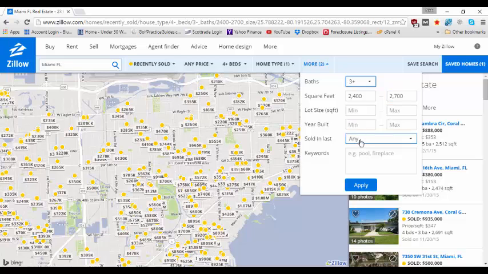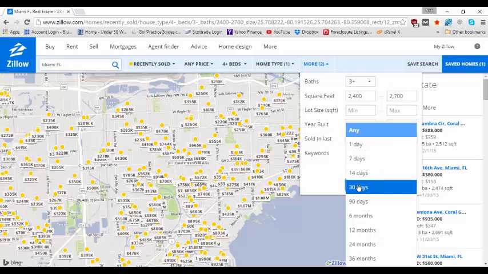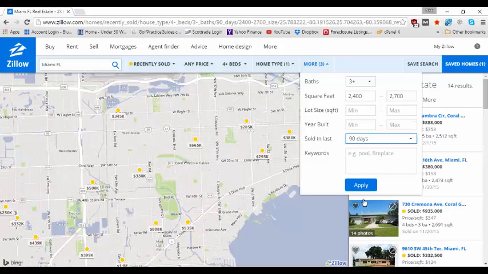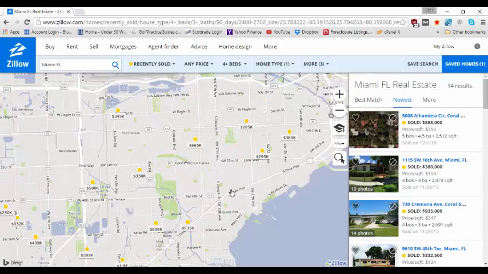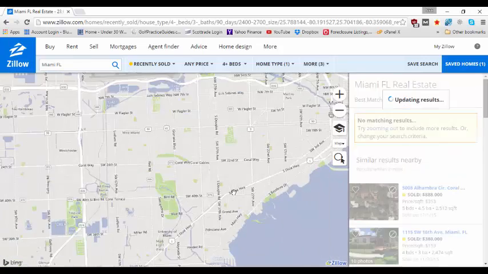And the last thing you want to do is you want to see properties that have sold, probably in the last 90 days. You could extend it out to 6 months if your area hasn't had a lot of home sales, but Miami has a lot of volume for sales, so we'll go 90 days and we'll hit apply. And so here we are in the Gables,